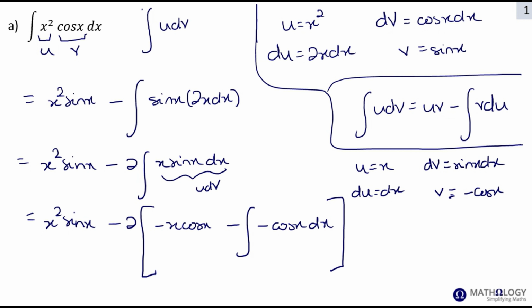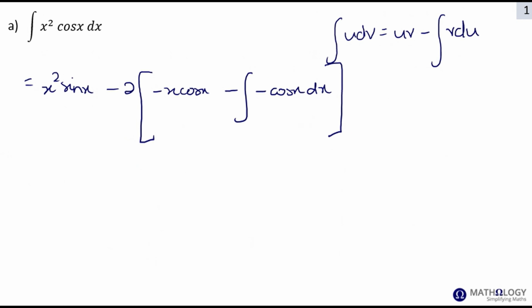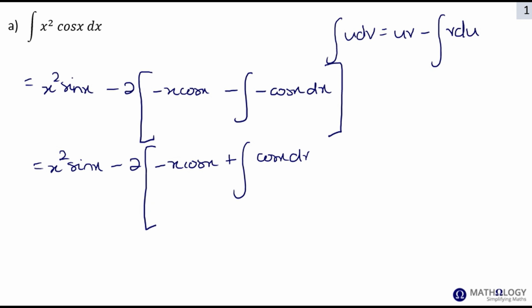So you can see by integrating again by parts, we've eliminated the second variable, the second function. We've just got a trigonometric function now. Okay, so that equals x squared sin x minus. We're not going to multiply anything out right now. We can keep everything as it is until we need to start simplifying. So we can pull this minus out. So we have plus the integral cos x dx,